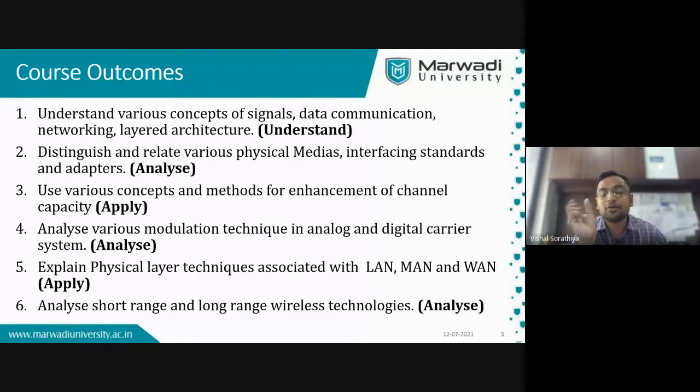If the bands are not different, then mixture, or we can say interference, is going to occur. So all of them use different frequencies allocated by the department. One band is given to Airtel, one band is given to Jio, one band is given to VI, and in that band only, all the users need to talk.